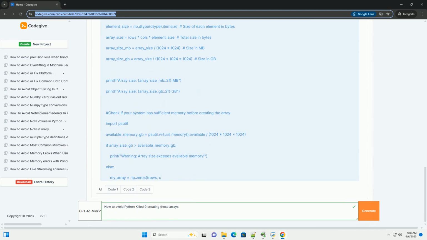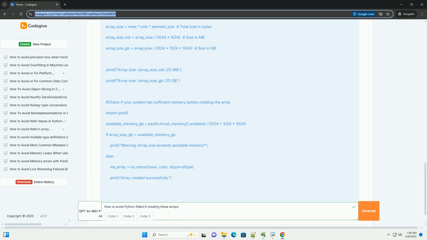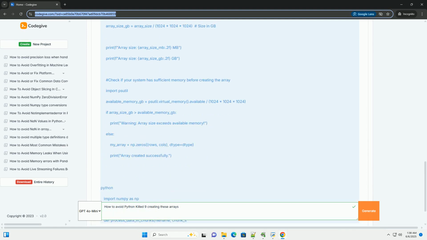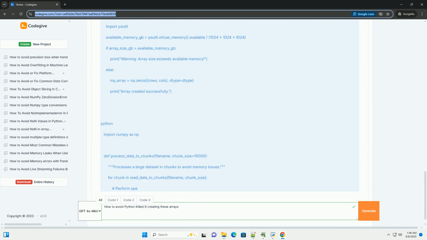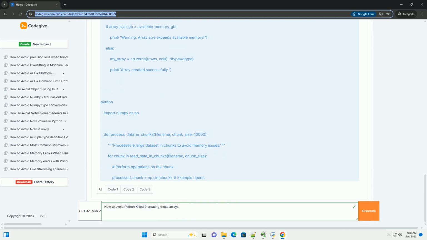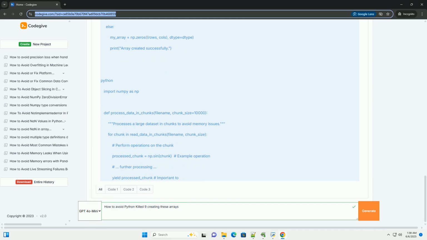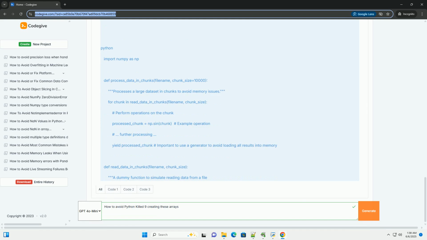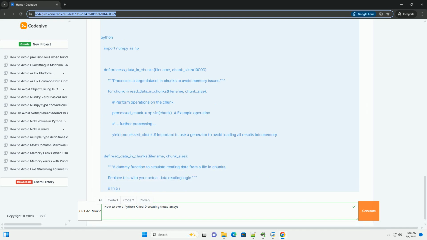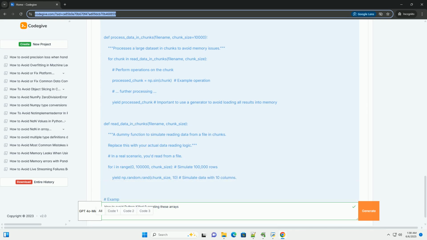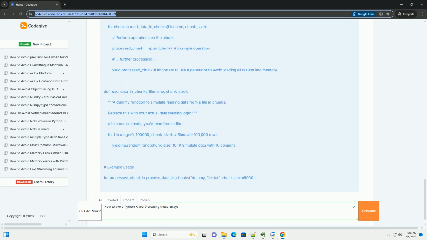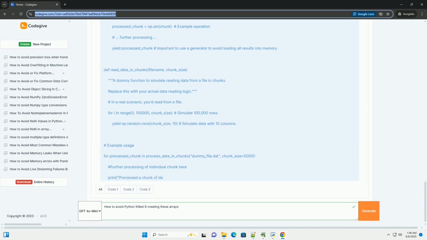Understanding the root cause: memory limits and the kernel. The Killed: 9 signal is formally SIGKILL. It's the most forceful way an operating system can terminate a process. It means the kernel is stepping in and saying, this process is consuming too many resources, usually memory, and I'm killing it to protect the system's stability. Here's a breakdown. 1. Virtual